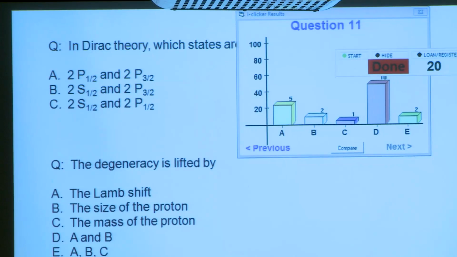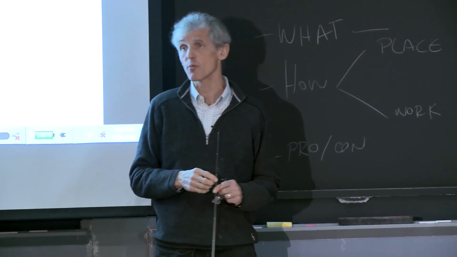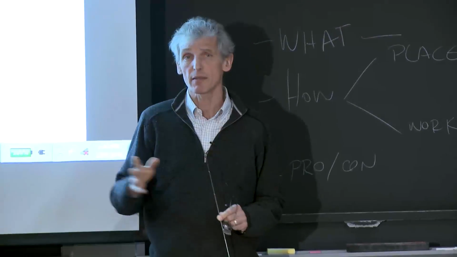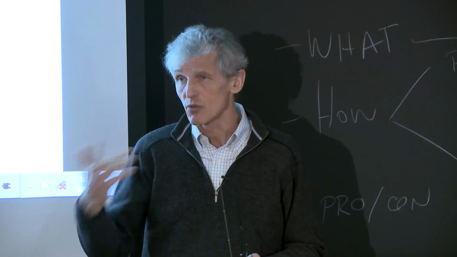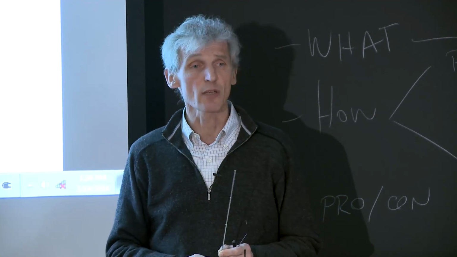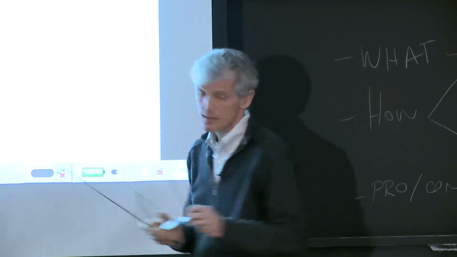No, it doesn't. It would just mean if your nucleus has a finite mass, you simply have a two-body problem with a reduced mass, which is different from the bare mass of the electron, but nothing else is changed, no degeneracies. It's as if the electron has a different mass, which is the effective mass. So the correct answer here is D.